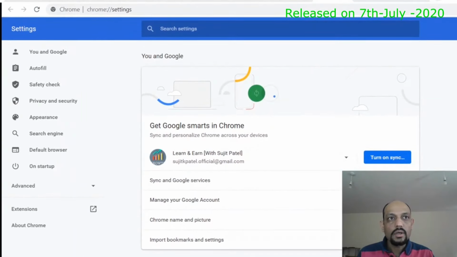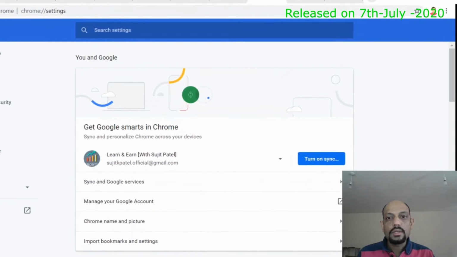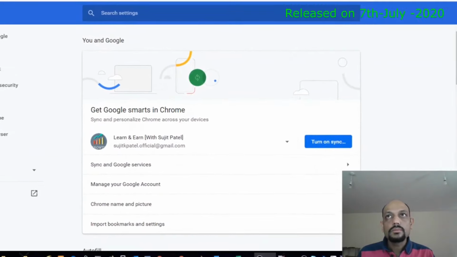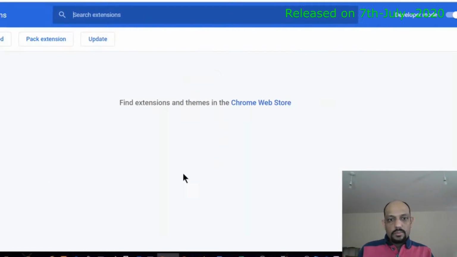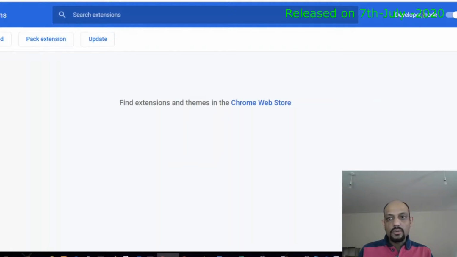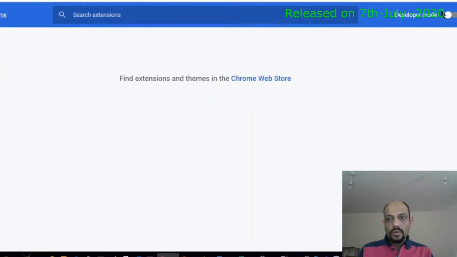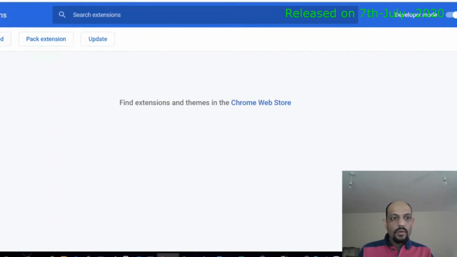Click on extensions here, then it will take you to this page, and you can see nothing is listed here initially. So you have to enable this developer mode. First of all, it will be switched off. You have to enable this, then it will be visible.